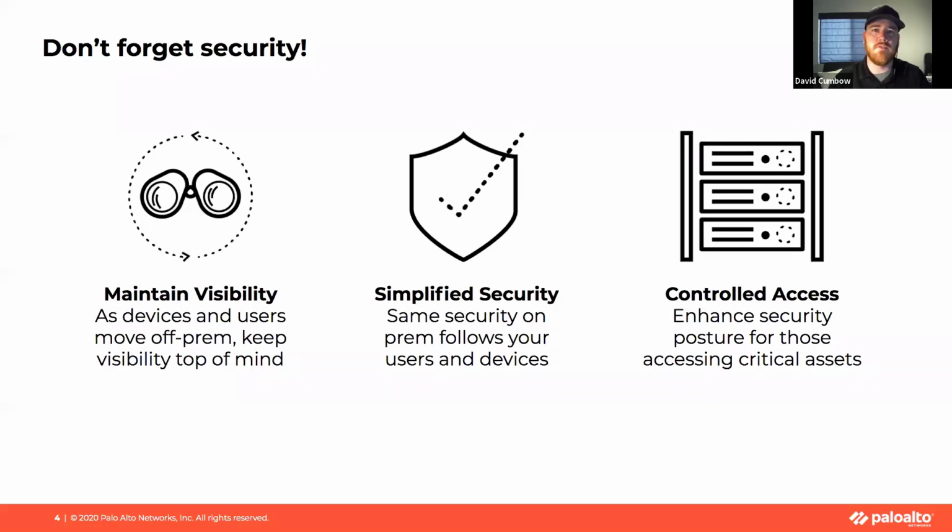So when a device moves off premise, it needs to have deeper inspection of that traffic while it's accessing on-prem critical assets. You could do that through GlobalProtect. So those are just a few of the reasons why keeping GlobalProtect in mind is definitely key as you're going through